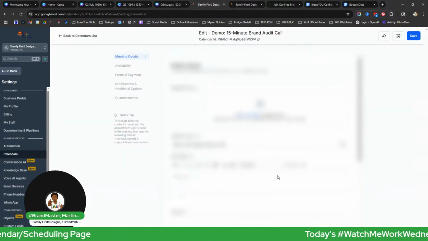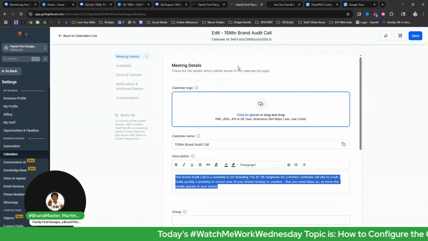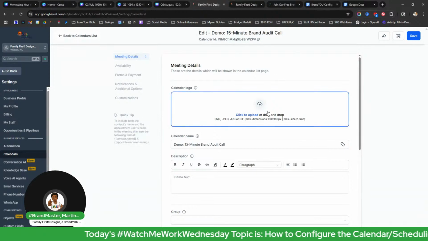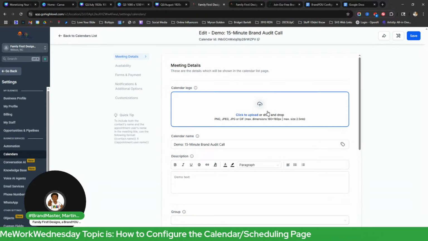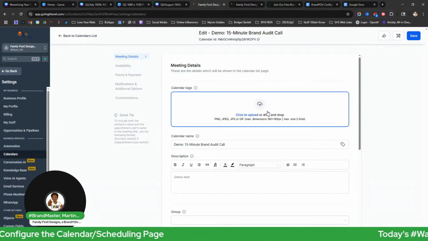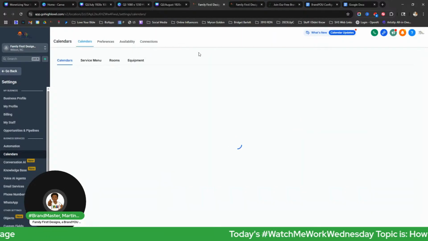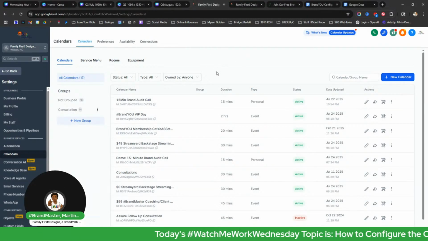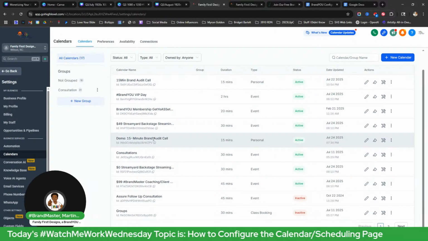However, there are advanced settings that would bring you over to what you saw the other one was looking like, okay? And this is where you can add things like your colors, your logos, additional follow-up messages, templates, links, or things like that that you would like for them to receive. But for the purpose of what we're doing today, we have set up a quick, simple, okay, demo 15-minute audit